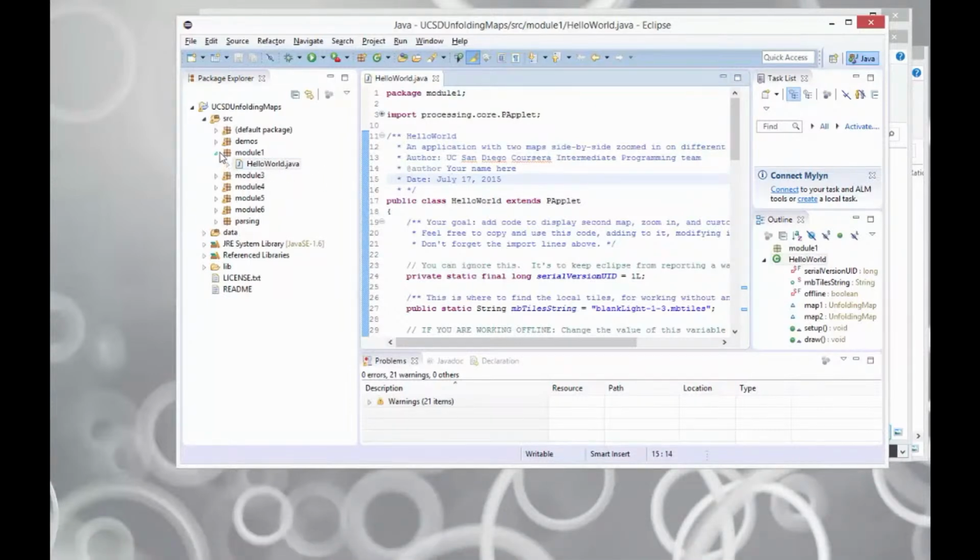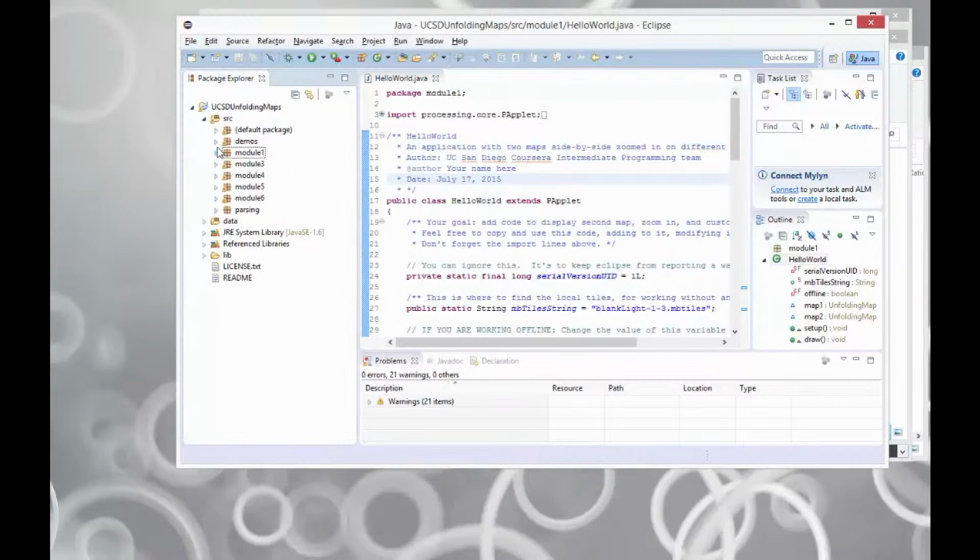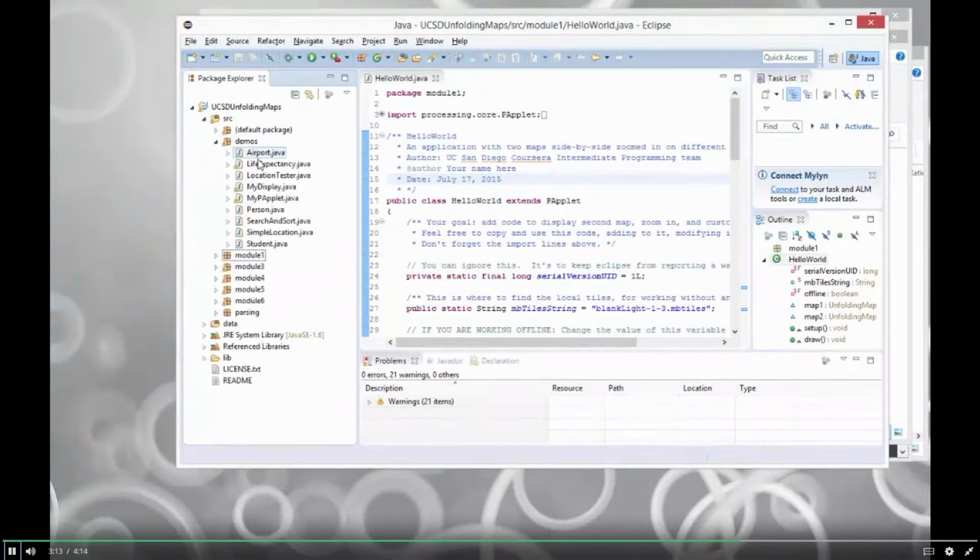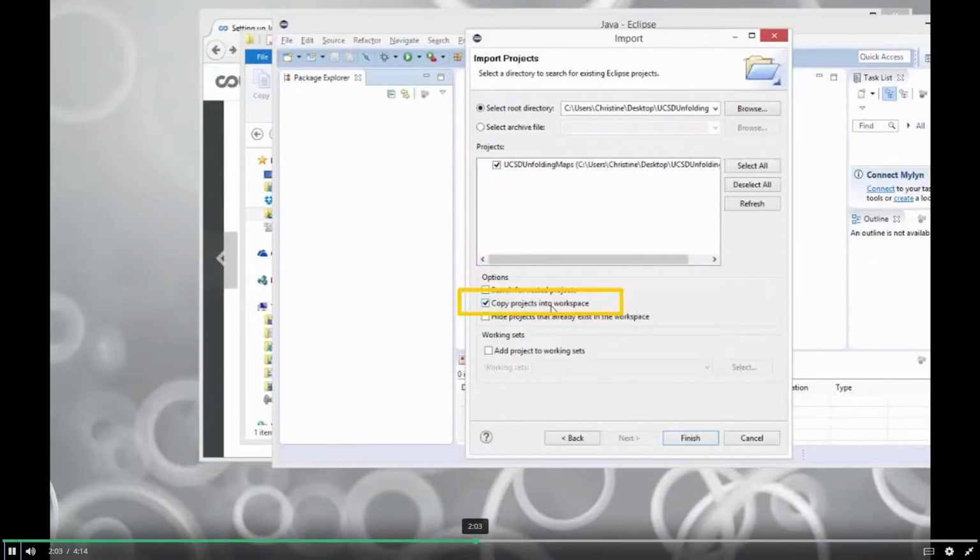And then the other thing to notice is that there's this package called demos. And if you look at that, that's going to have a bunch of demos